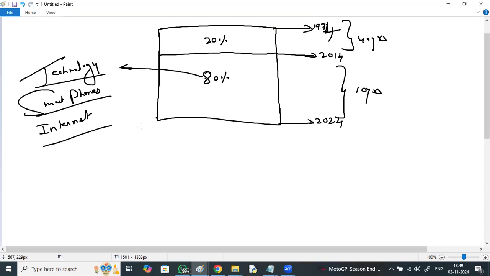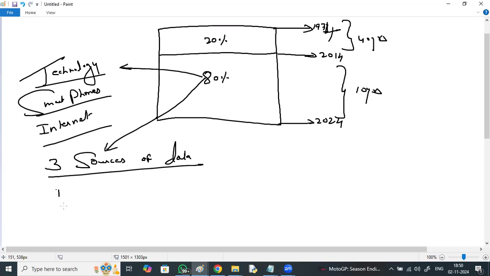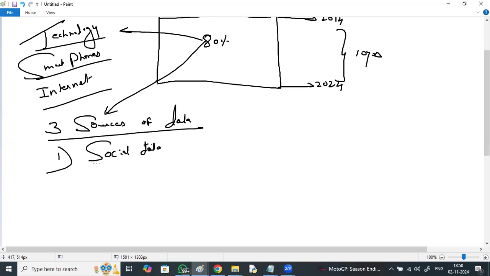And this 80% of the data that has been generated, mainly from where is this data getting generated? We have got three sources of data. Social data: data generated from social websites, right?